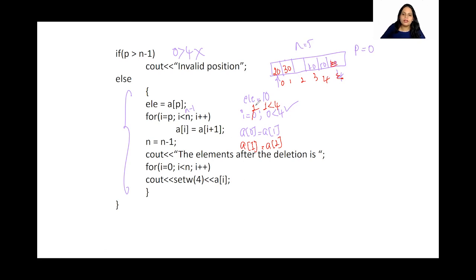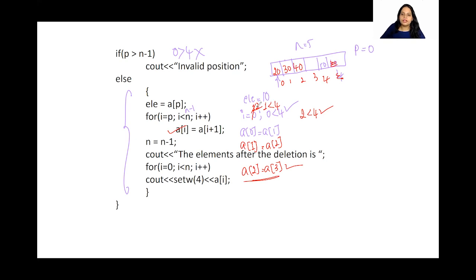So again, I value is going to become 2 now. I'm going to check is 2 less than 4. This is true. Hence again, A of 2 is equal to A of 3. How am I getting these values? From this particular statement. So I value is nothing but 2, this is equal to I plus 1, which is 2 plus 1, so 3. So where is this A of 2? A of 2 is over here, A of 3 is over here. So I'm going to move the A of 3 value to A of 2. And what is going to happen here? This is going to become 40 and this is going to become empty.